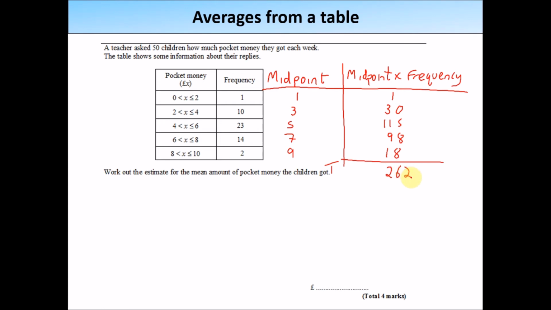I also need to total up my frequency column, which I know is 50 because it told me at the start of the question. You don't always get given that at the start of the question. Sometimes you will have to add up all of the numbers there. At the moment in the exam, it's out of 4 marks. We're on 3 out of 4. The final mark is to do 262 divided by 50, which when I do that, I get